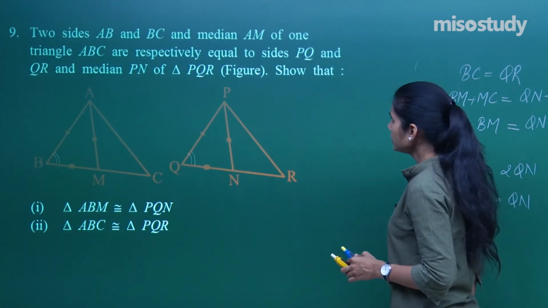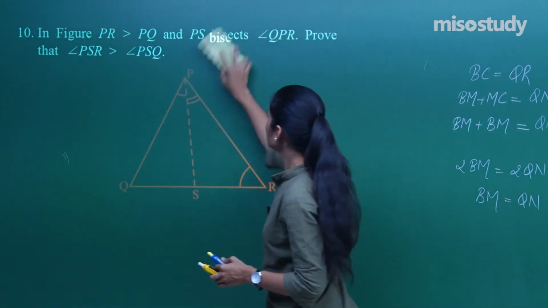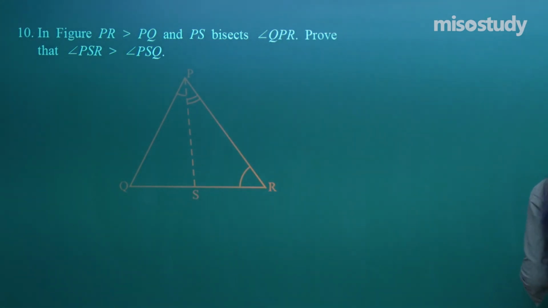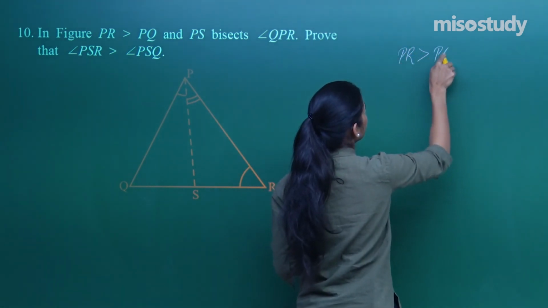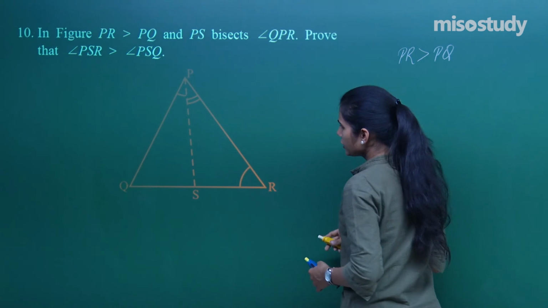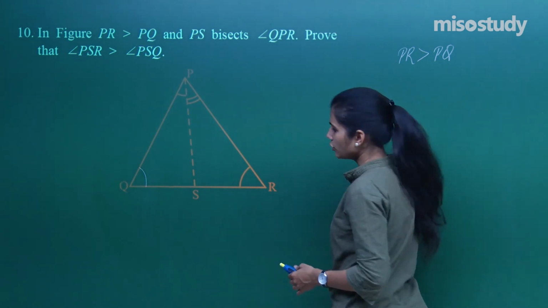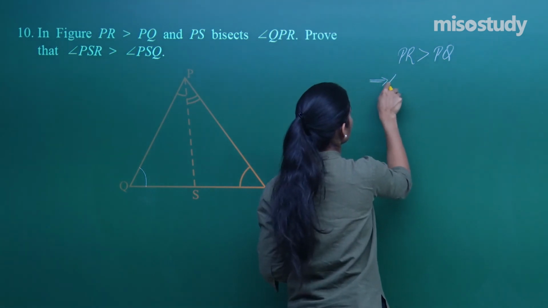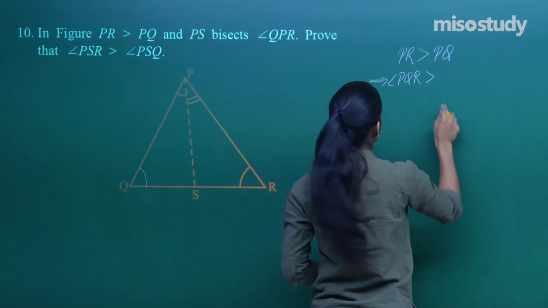Fine. Moving to the next question, we have in this figure, what is happening is PR is greater than PQ. We all know that angles opposite to greater sides are larger in measure. So if PR is greater than PQ, that means angle opposite to PR is greater than angle opposite to PQ, right, which is this angle. So angle opposite to PR is angle PQR. This will be greater than angle opposite to side PQ, which is angle PRQ,